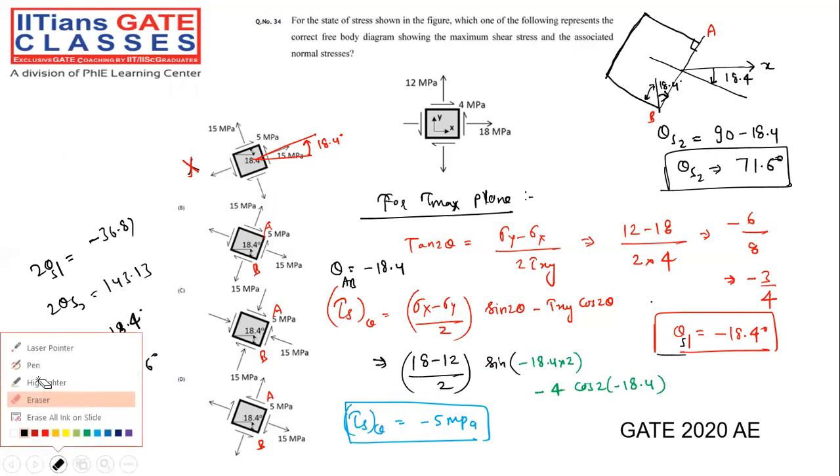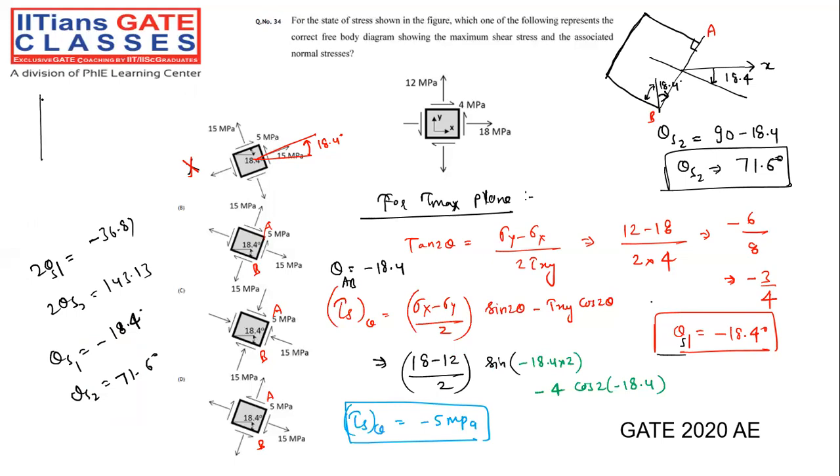We have defined one plane at an angle theta from the vertical, and when tau theta is acting like this, that means it is positive. If this will be my x1, original x is like this, y is like this. When I tilt in the clockwise or anticlockwise direction, this will become my y1, and this will become my